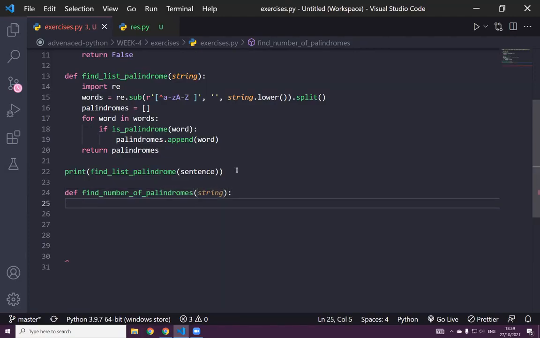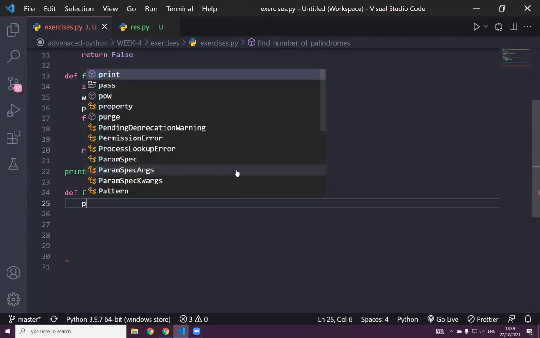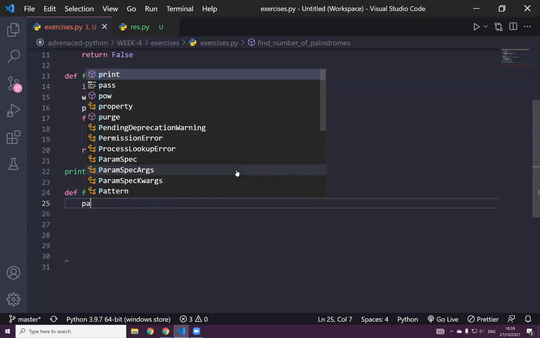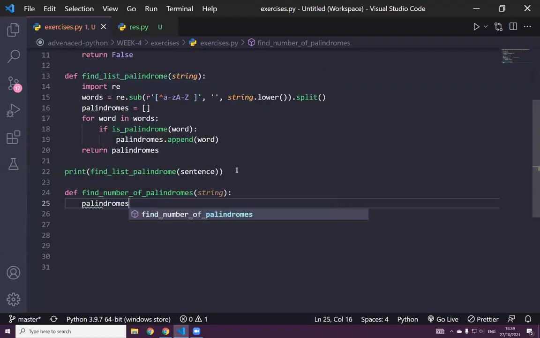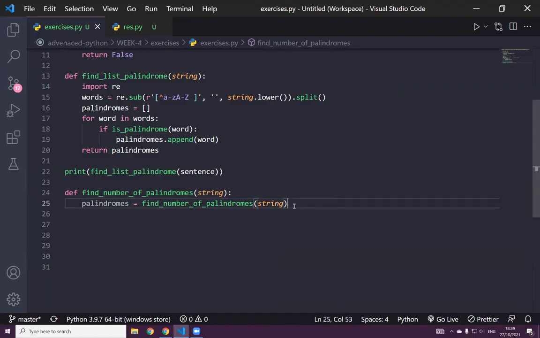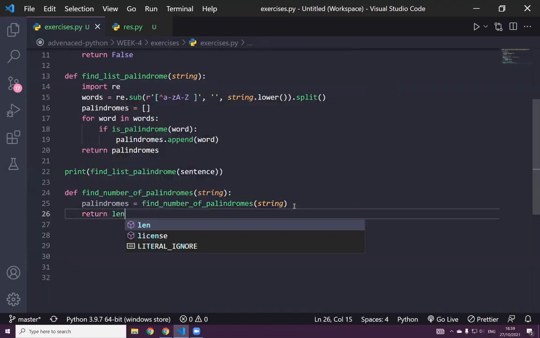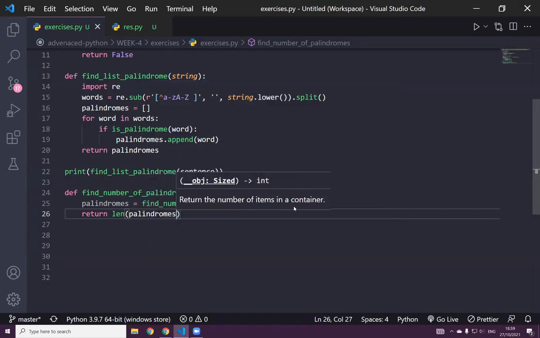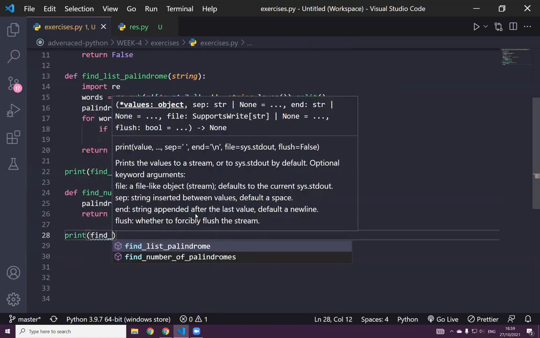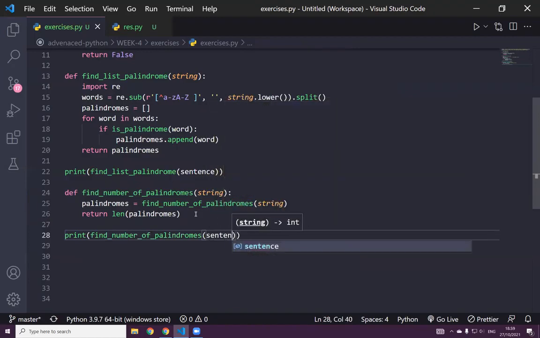Now I already have a function, find the list of palindromes. So then I can say palindromes is equal to find the list of palindromes. I can pass the string here again. And then what I should return is the length of palindromes. Then if I just call this function, print find number of palindromes, and pass the sentence,